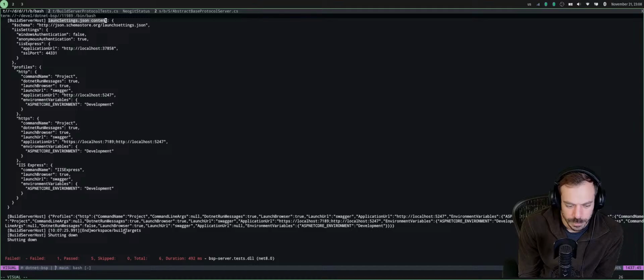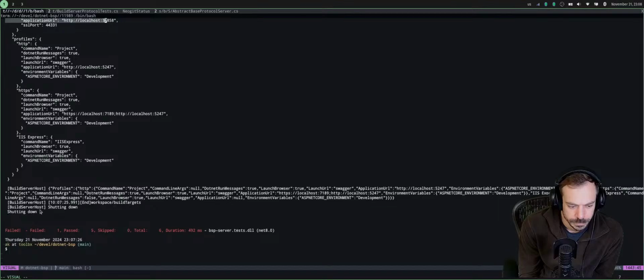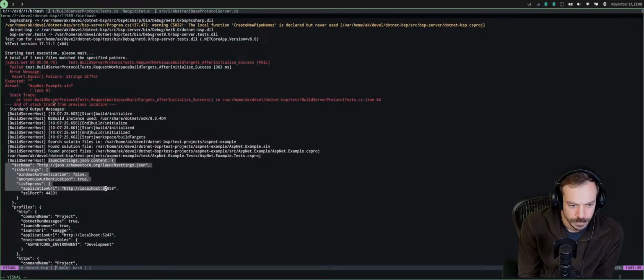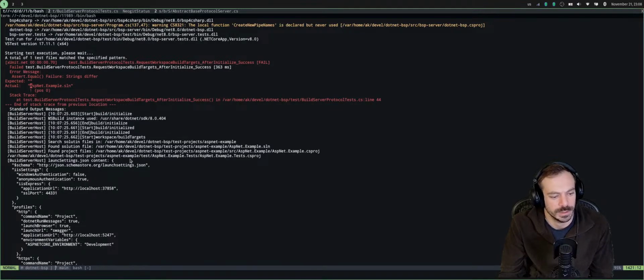Environment variables. The first one was the ASP.NET example solution ID.